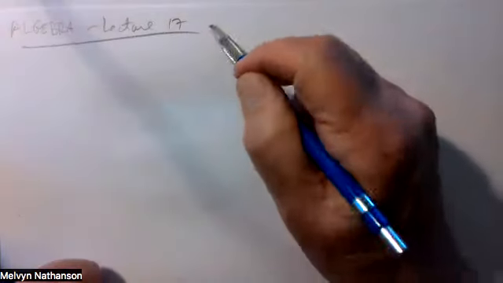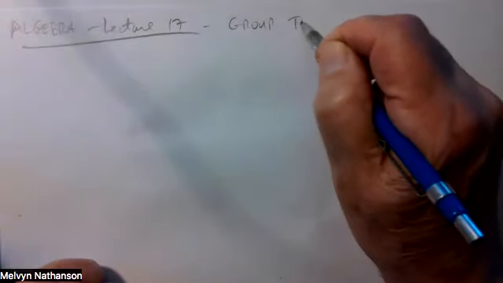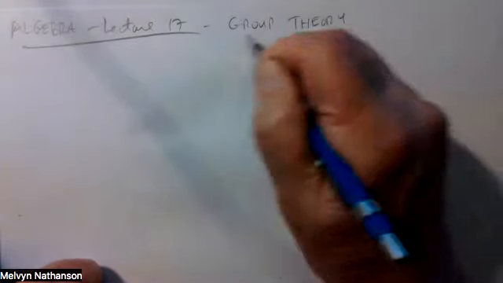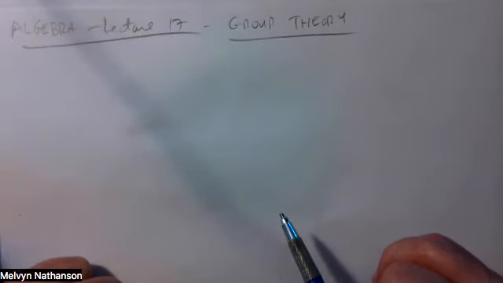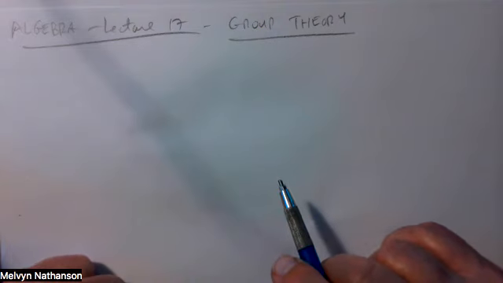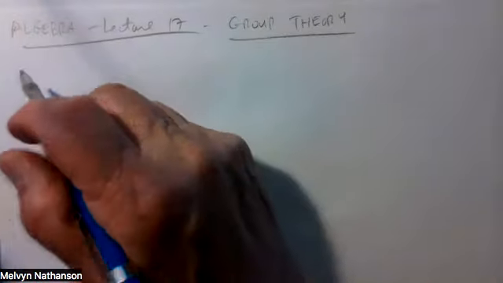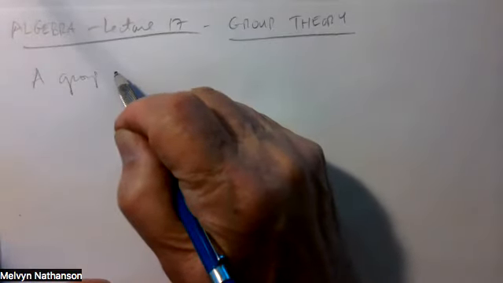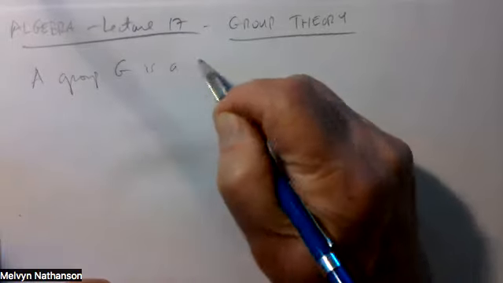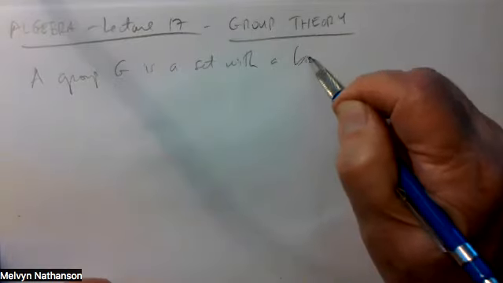Okay, so we're studying the chapter now on group theory. A group is something that has a very short and concise definition, but it has a lot of substance hidden in the definition. So a group, G, is a set with a binary operation